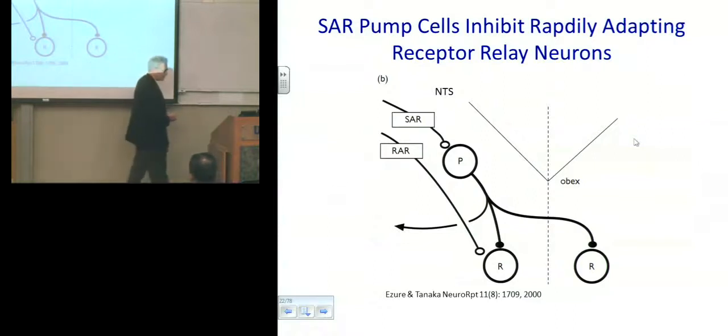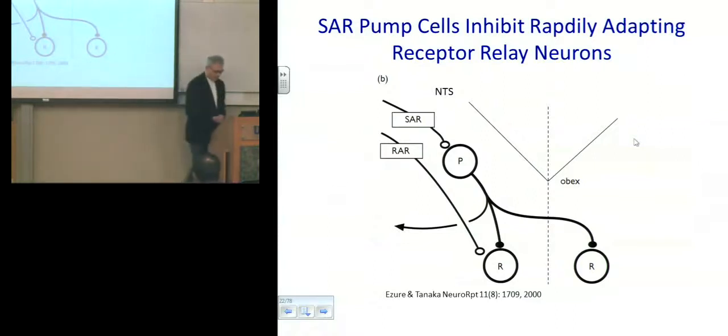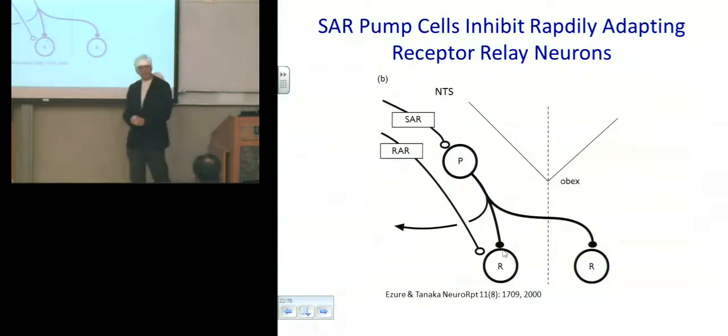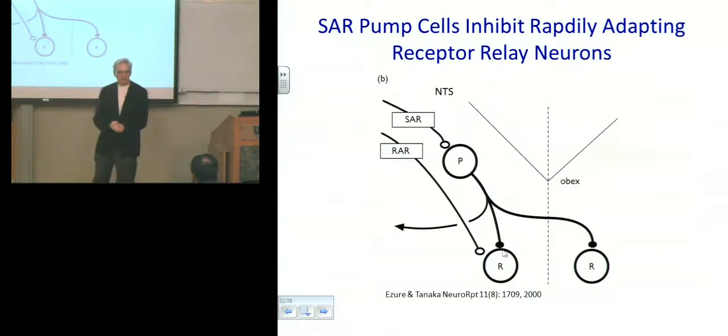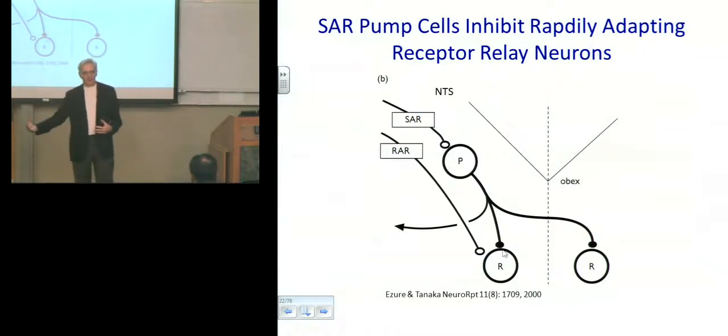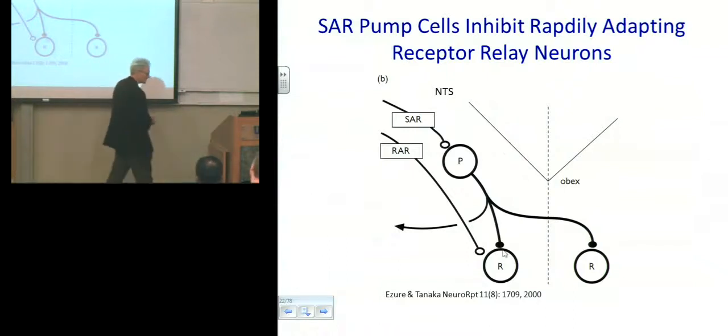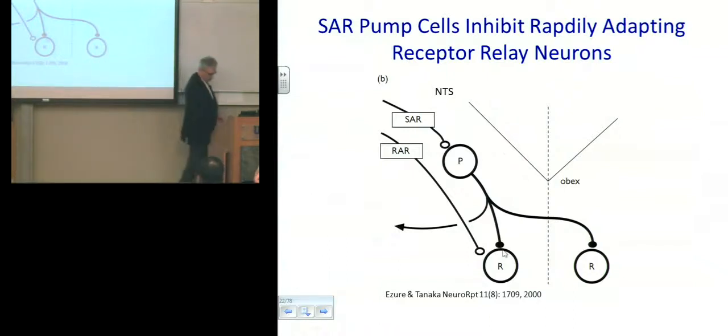And one of the things they do, if you fill them and look at where they go, is they actually inhibit the cells that receive the input from rapidly adapting receptors. So activation of slowly adapting receptors, which facilitates expiration, inhibits the cells that are going to facilitate inspiration. Physiologically, again, kind of makes sense. They also project, as I just mentioned, heavily to the ventral respiratory column. But if you recall,